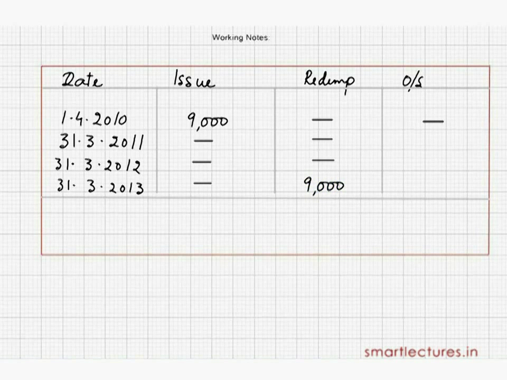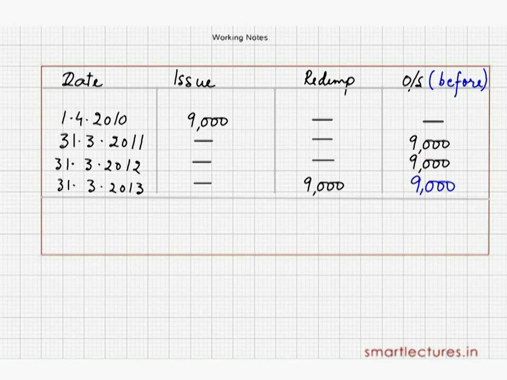Now look at the outstanding debentures. On 1st April 2010, nothing. On 31st March 2011, 9,000. On 31st March 2012, 9,000. And on 31st March 2013, before the redemption, the outstanding debentures were 9,000. So during these 3 years,